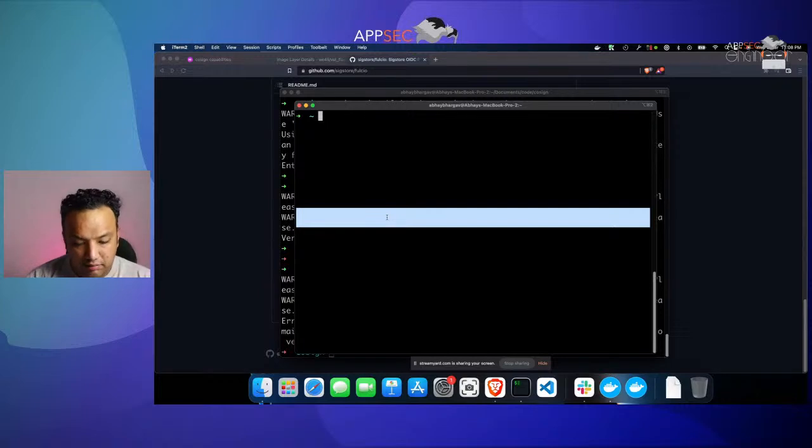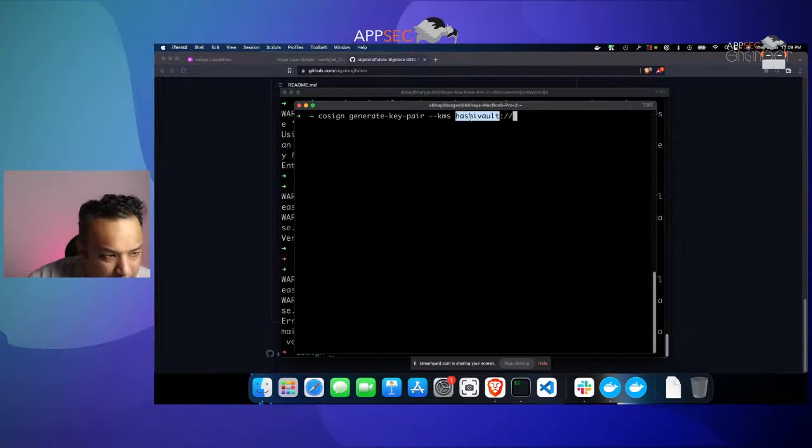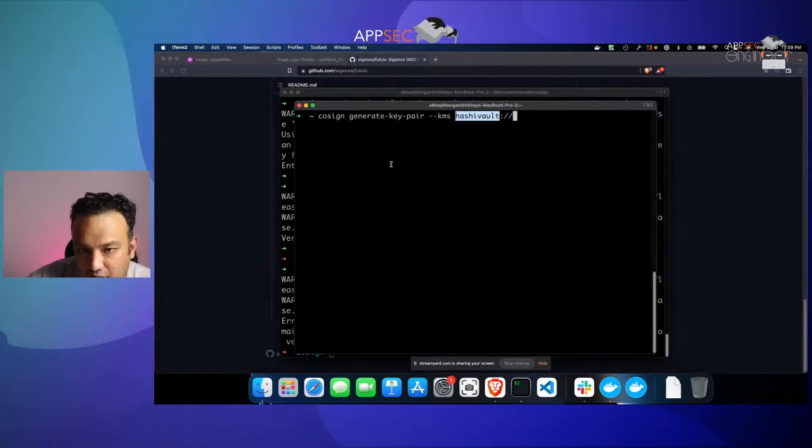So let's use Vault and generate something. So cosign generate-key-pair --kms hashivault, which uses URI notations like this, HashiVault, AWS KMS, GCP KMS, and stuff like that, to be able to do the whole integration with these tools, right? So they will talk based on the underlying machine's configuration and whether it's configured to talk to Vault and so on and so forth. So let's just